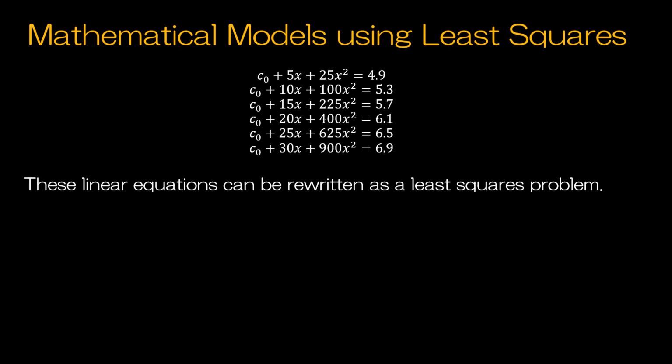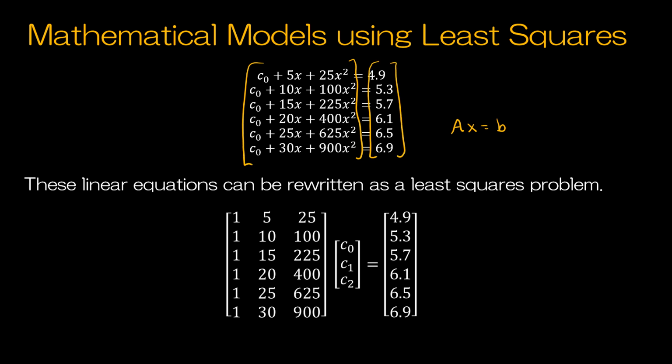And remember what that means is that we're going to set it up as Ax is equal to b. So Ax is going to be everything on the left-hand side, and b is going to be all of these solutions on the right-hand side. So it's going to look a little something like this. So it's 1, c0, 5 x, 25 x squared, and so forth. So we do that. We set it equal to c0, c1, c2,